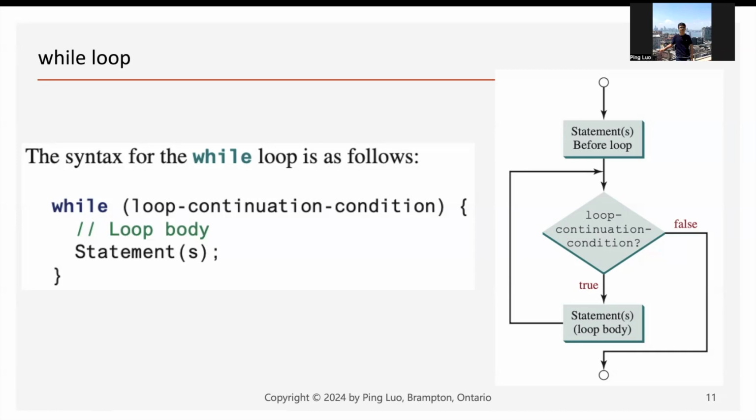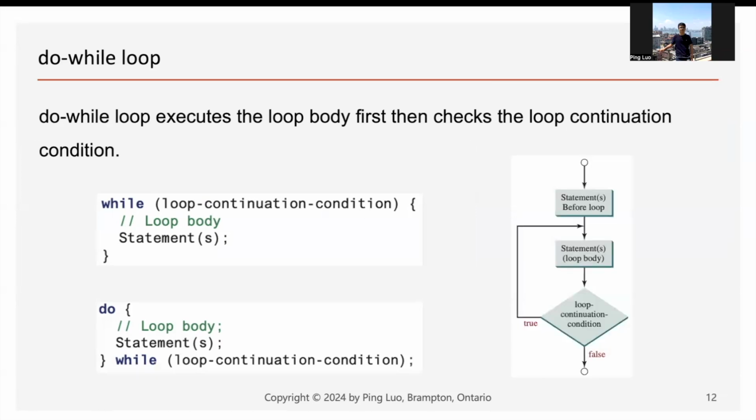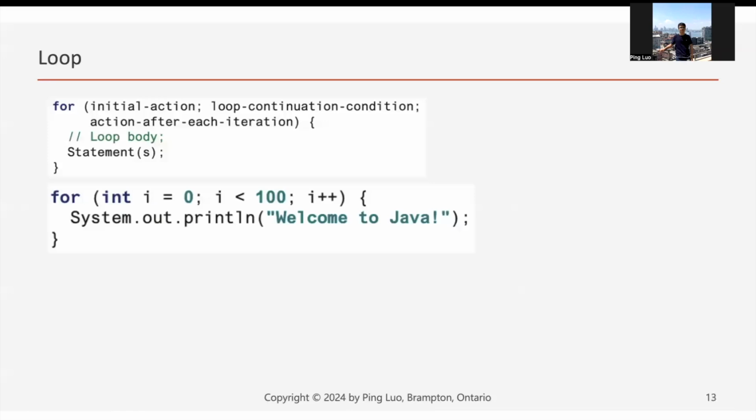And we learned the while loop. Basically, as long as the condition is true, we do this statement over and over again. And we have the do-while loop. It's very similar to the while loop, except no matter what the condition is, the statement is always performed at least one time. We also learned the for loop, which is more convenient if you know how many times you want to